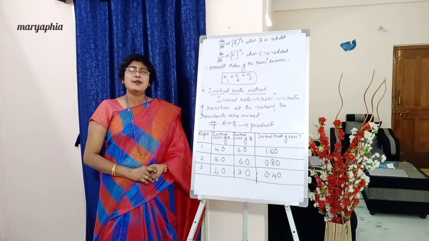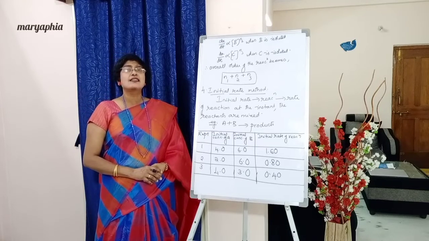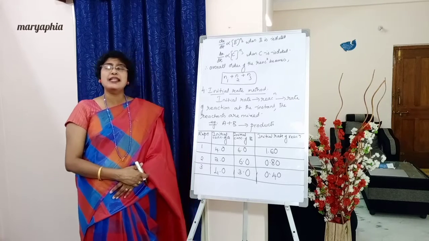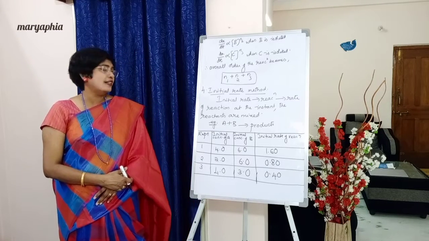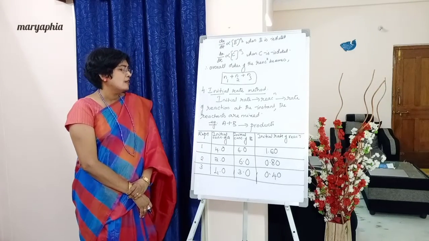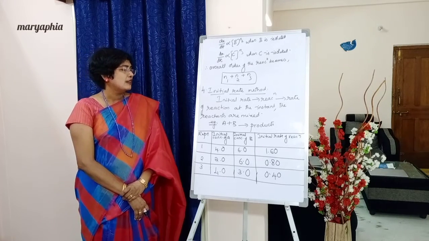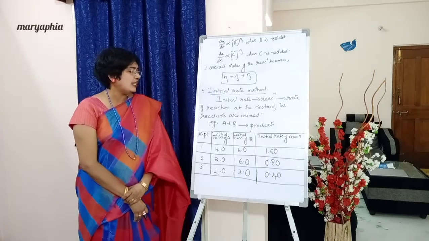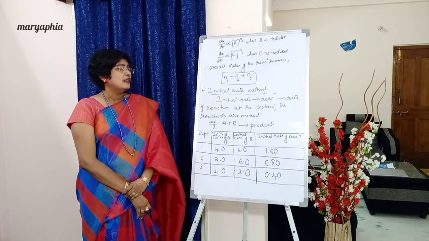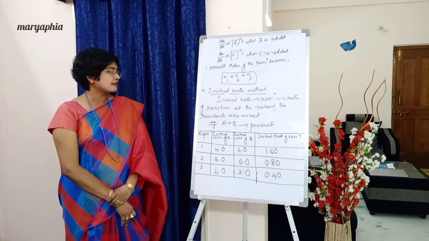Now, in order to determine the order of the reaction using this initial rate method, we need some data like this shown in the table. So take a pencil and scale, without any delay, and draw this table, students. 4 columns. First column is experiment. Second one, there are 2 reactants, A and B, so initial concentration of A. Third one, initial concentration of B. Next, fourth one, initial rate of reaction.